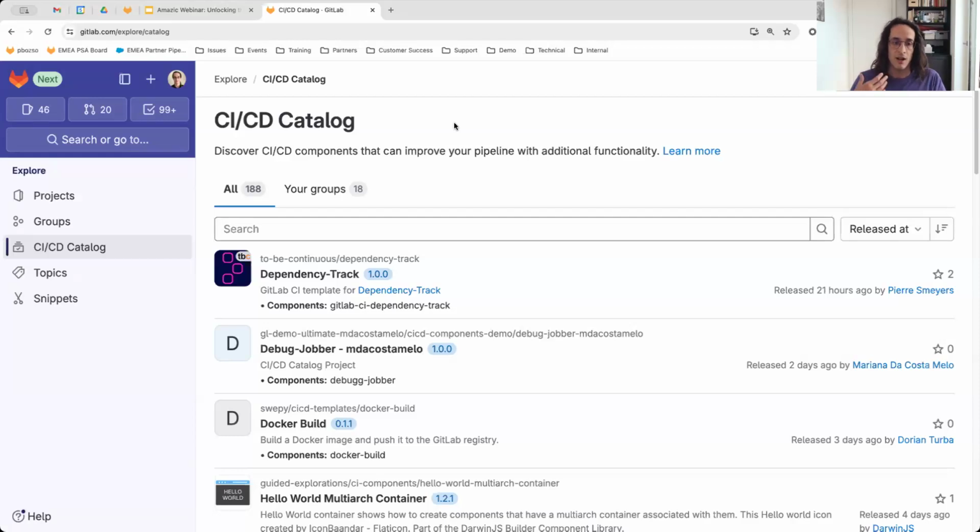I just wanted to highlight that we have the central repository of CI/CD components, but you can build your own completely independent of anybody, just like with your code, just like with everything in GitLab, right?